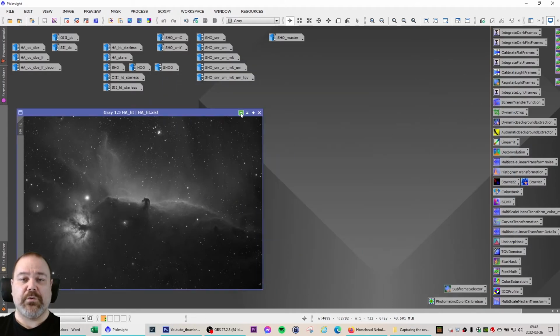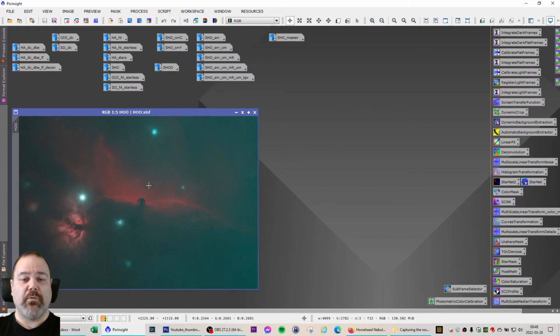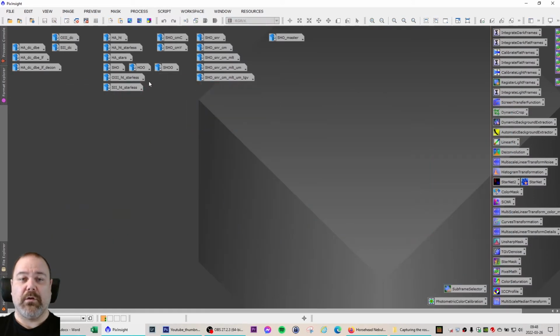The next step is to combine the three light frames into SHO. I'm going to show you just for comparison, I also tried an HOO integration, and that looks like this. I also did, just for the fun of it, an SHOO integration, and that turned out like this. These two on the screen now are not processed in any way, just the first linear phase and then integrated. But I decided to go with the